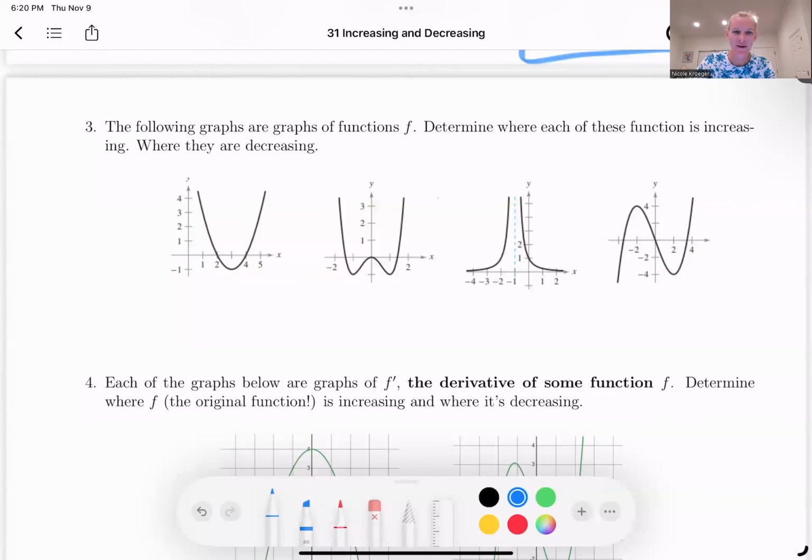So in this last video, I want us to look at some graphs and determine information about increasing and decreasing. This first set of graphs is going to be straightforward. The second one will be a little bit more interesting. So in this first set, I'm just giving you the function f, and I want to know where these functions